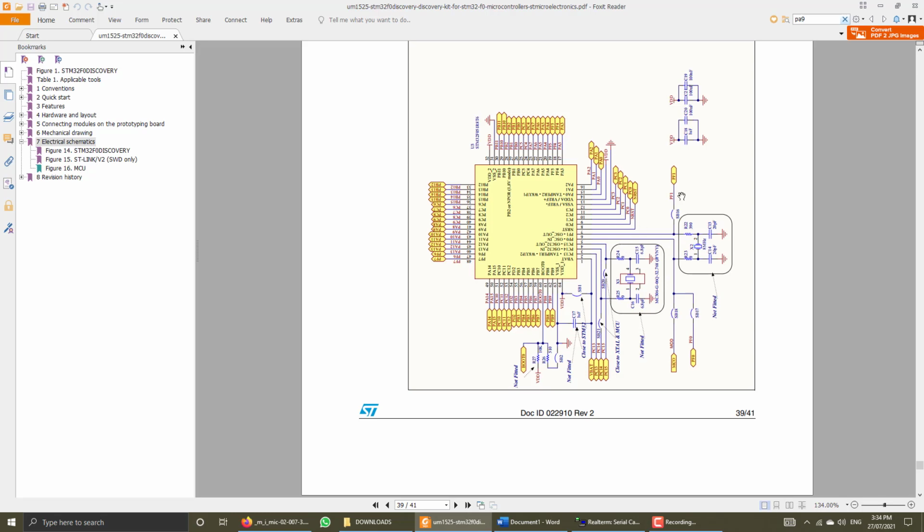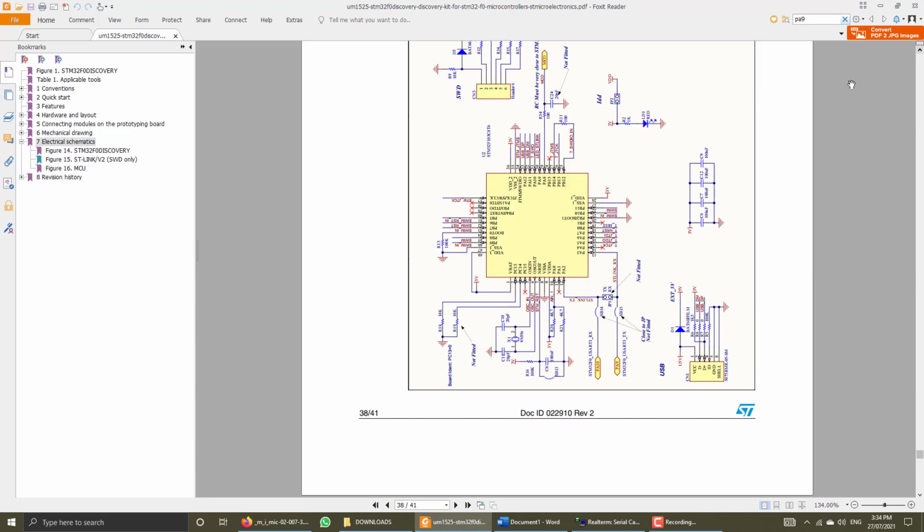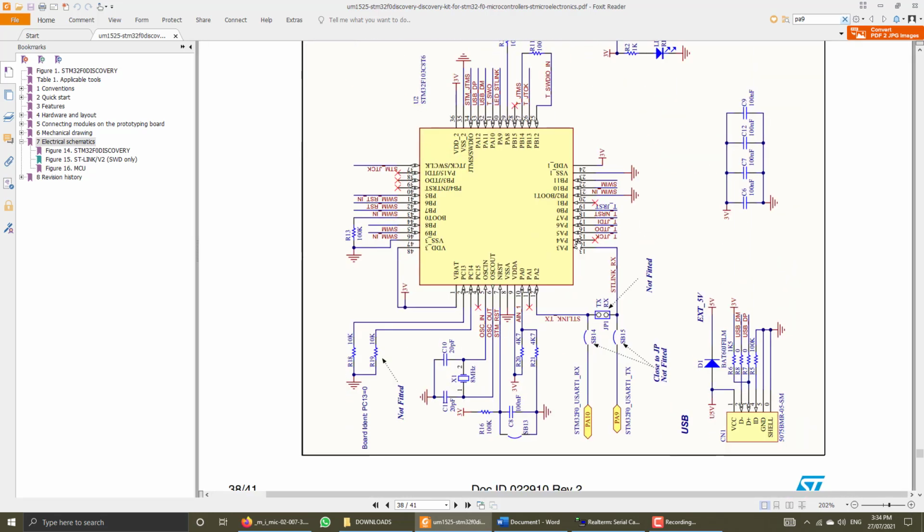So we will come to the serial port connection of USART. Here you can see this is the debugger microcontroller, and let me zoom in a bit. Here these two lines are the outputs and inputs of the USB to serial converter. This is the debugger microcontroller which runs the debugger and also the USB to serial converter. So these are two, ST-Link RX and ST-Link TX. These two are the USART data communication lines, and these ports are going to your target microcontroller.